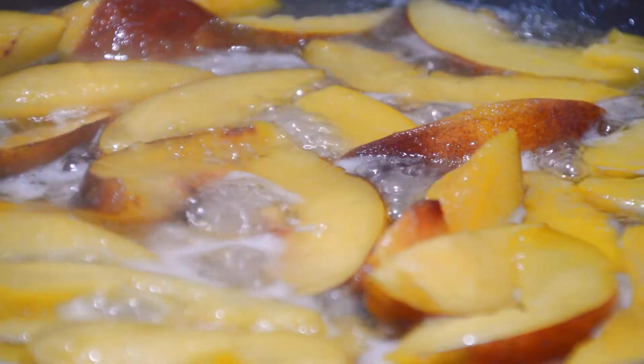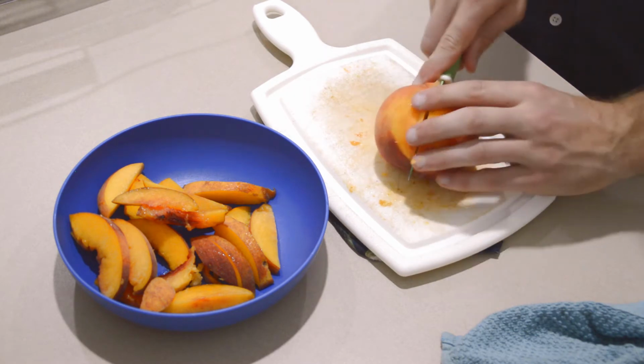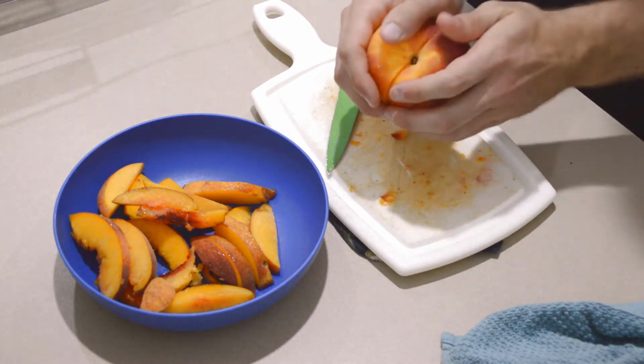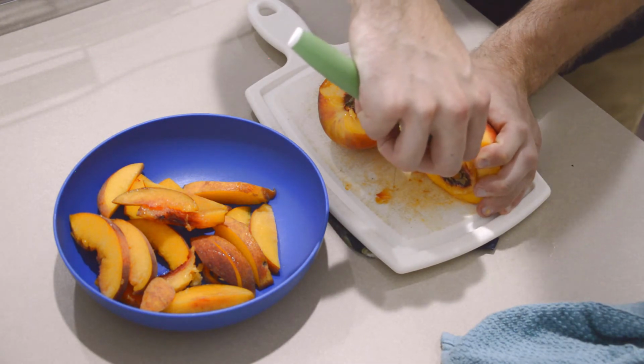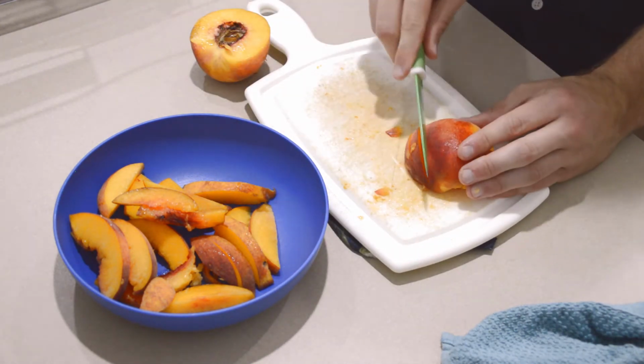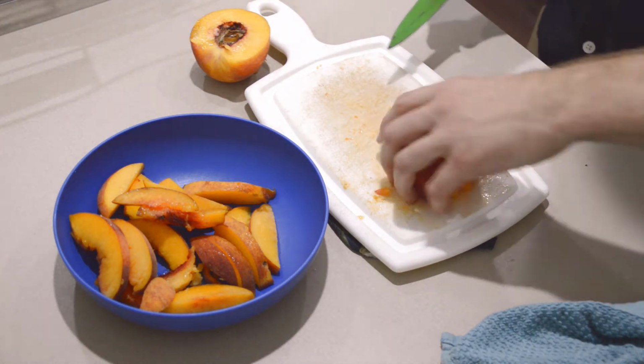During that time, let's talk about sauteed peaches. Honestly, this recipe for dessert-style peaches is sure to please anyone with a sweet tooth. Start by carefully pitting your peach with a small knife and slicing into thin pieces, maybe 1/8 of an inch in thickness. And now once you're done slicing, you'll start by adding a bit of butter to a medium heat